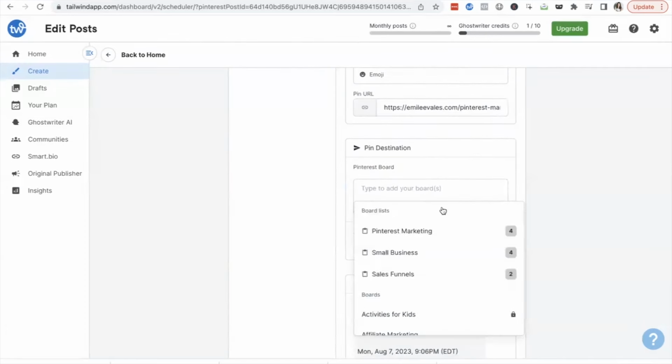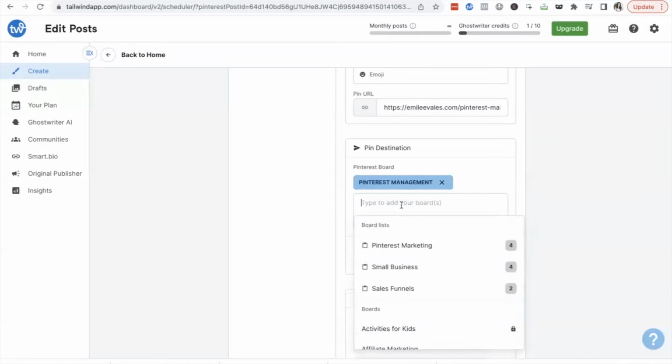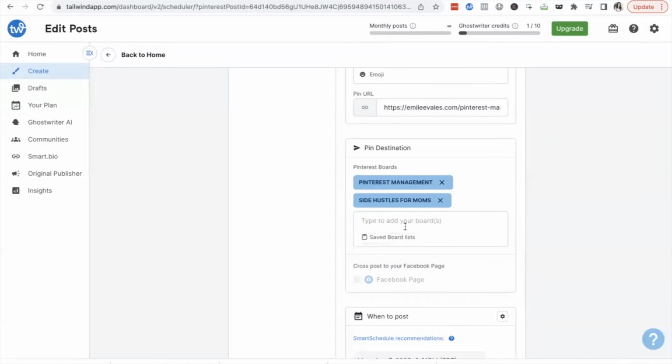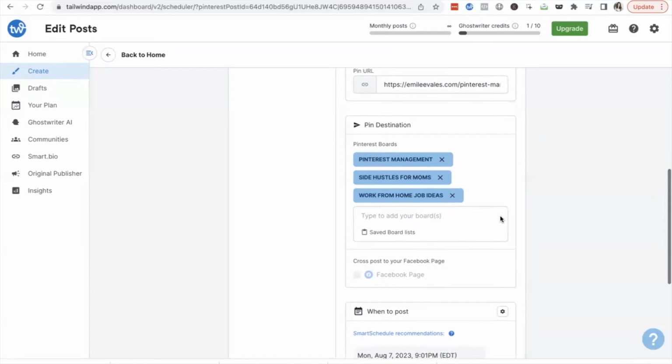And then you're going to want to select the boards you want to send this pin to. So I would choose Pinterest manager, side hustles for moms, work from home jobs. These are the most relevant, highly relevant boards. I don't want to just select every single board I have, right? I do have a lot of boards around Pinterest marketing, but I really want to focus on the ones that are people interested in working from home as a Pinterest manager,